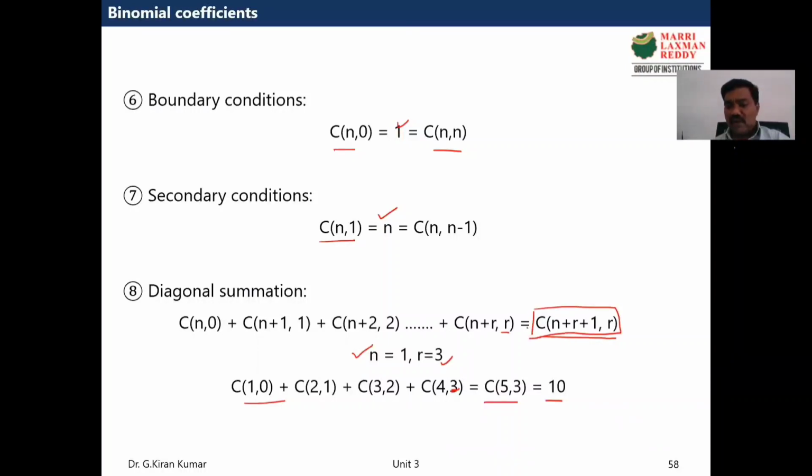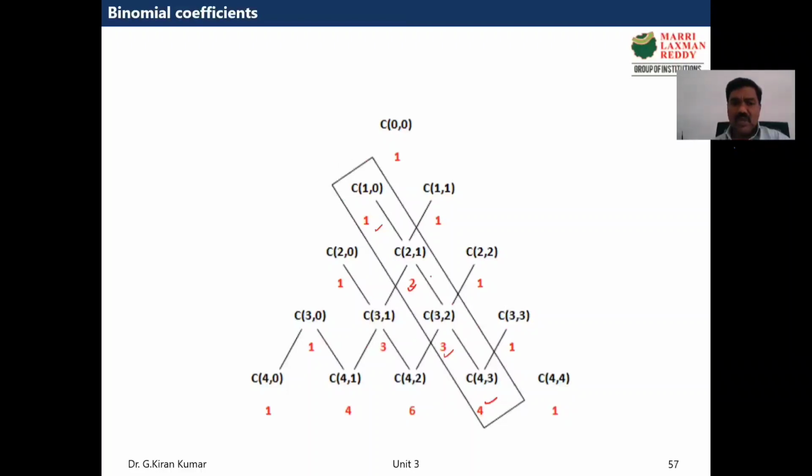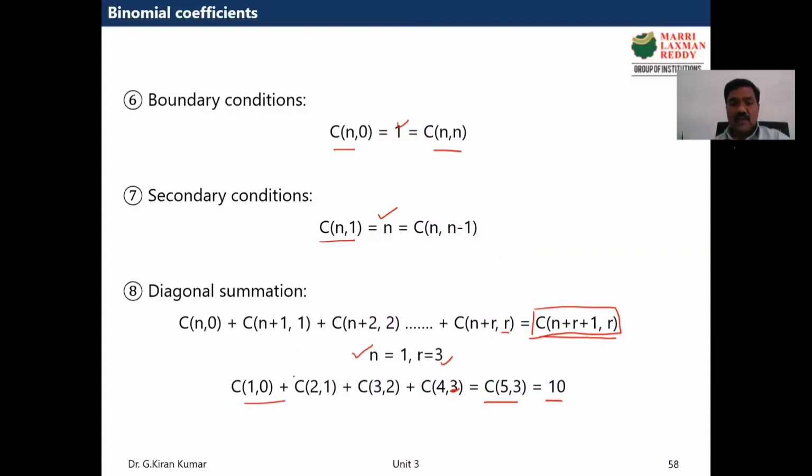And in fact, we call these the diagonals. So this is one possible diagonal. Maybe this is another possible diagonal. This is another possible diagonal, and so on. There are many possible diagonals, of course, which I have not taken. So this Pascal triangle is infinite in terms of the number of rows.